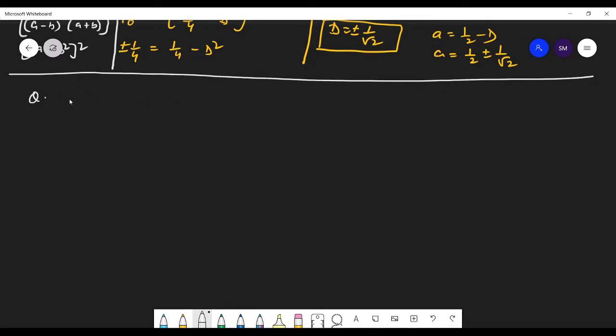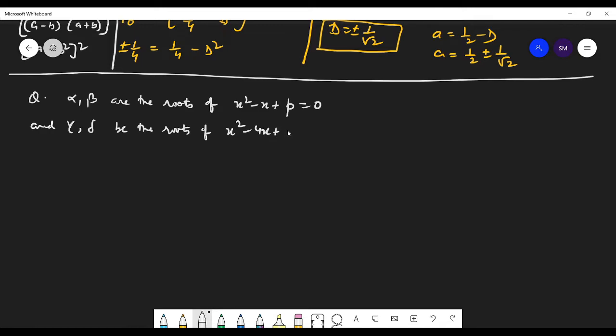So the next question is: alpha, beta are the roots of the equation x square minus x plus p equals to 0, and gamma and delta are the roots of the equation x square minus 4x plus q equals to 0. If alpha, beta, gamma, delta are in GP, then